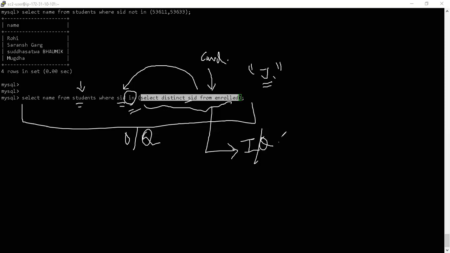This inner query is fetching how many? Maybe 3 or 4 rows. Okay, at max we are fetching 4 rows. So the data of the inner list is very small, and that's why this IN clause is not going to search through a lot of the results, right? It's not going to take a lot of results as input,